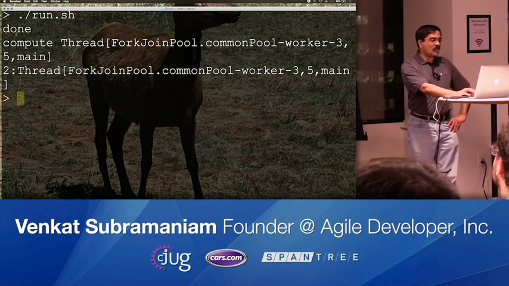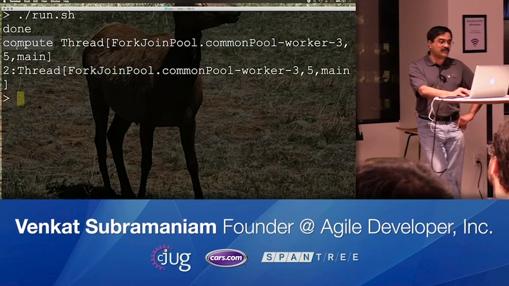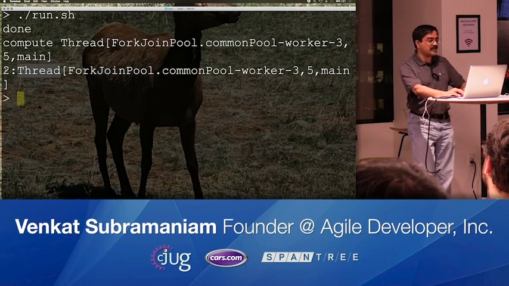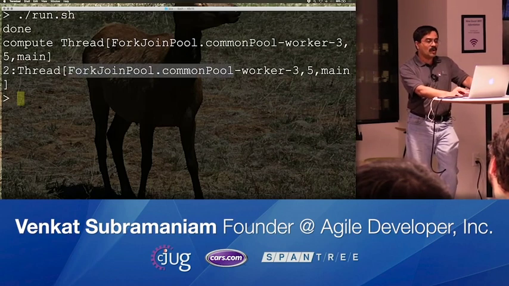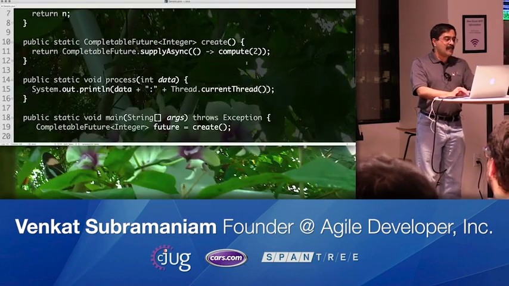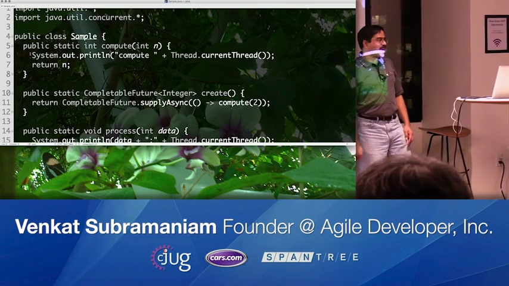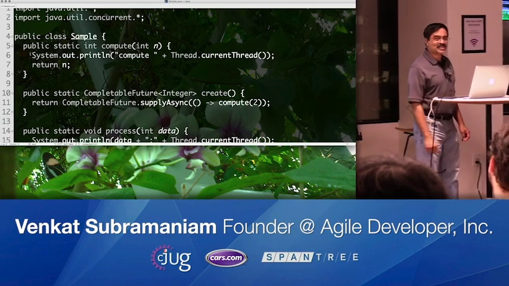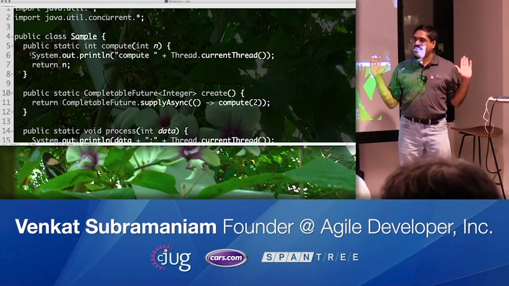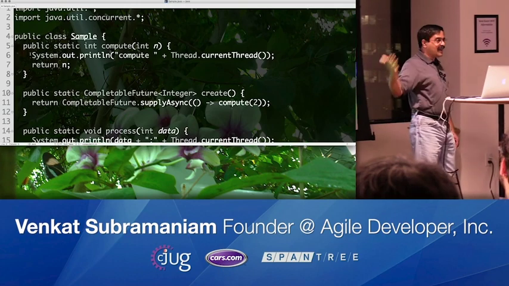So when I execute this code, notice what just happened over here. Notice that the done over here is printing from the main. This thread is the compute method from the common pool worker 3, and the code that printed the response is in the common pool worker 3 as well. However, if you look at this code carefully, I did a print over here. Whether we like it or not, a print is time consuming, right? And the main is so impatient. The main says, I'm not going to wait for you to do that stupid print to the console. I've got better things to do. I got my own stuff to print on the console, right? So it moves on, and it's asynchronous.